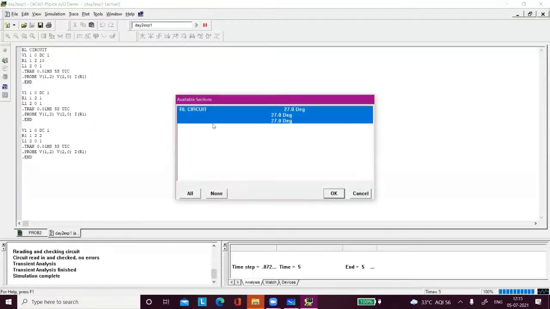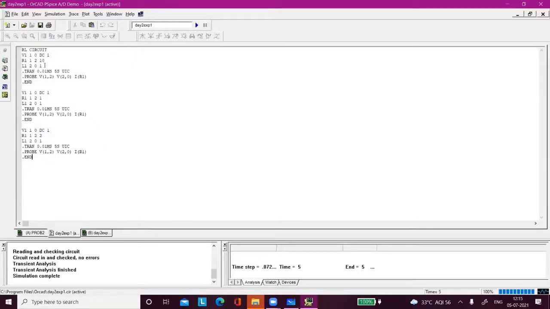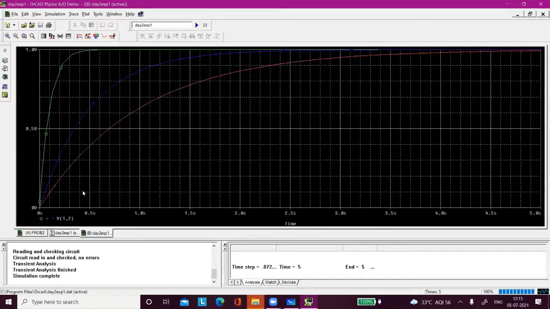Now you run. There are 3 circuits. Look here, it is showing 3. The green one is taking the minimum time, the first circuit. Then the third one, look here, is reaching the steady state at 0.5. Look carefully. For this circuit, whose time constant is 0.1, it will take 0.5 seconds to reach the steady state. Here it will take the maximum time, 5 seconds. On the other hand, this one will take around 2.5 seconds. Look at here, this is the voltage. Can you see it clearly? The red one takes 5 seconds to reach the steady state.